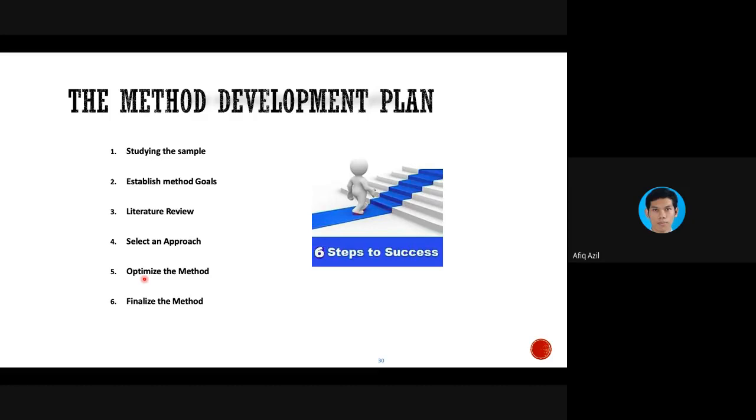You have to do it in your working lab, or the lab where you are doing research. So it has to be feasible to be done, and then finally you can say that this method is complete, so you can finalize.